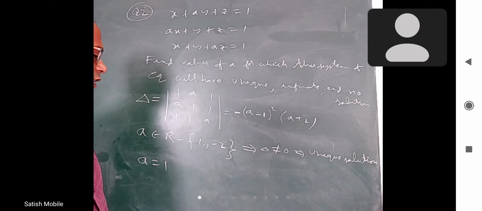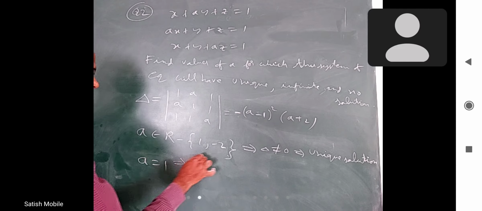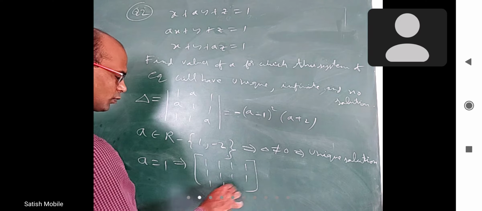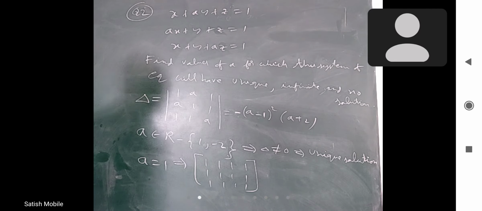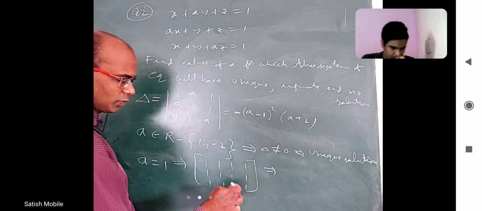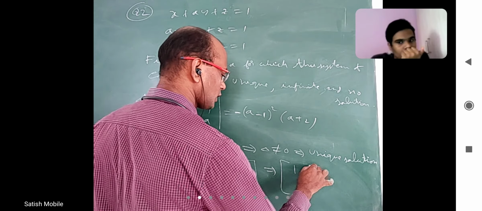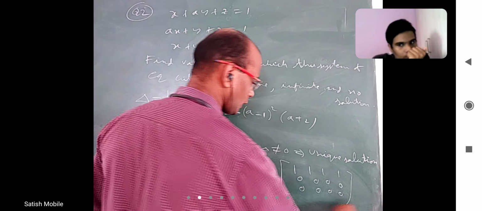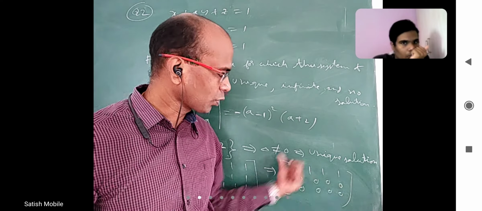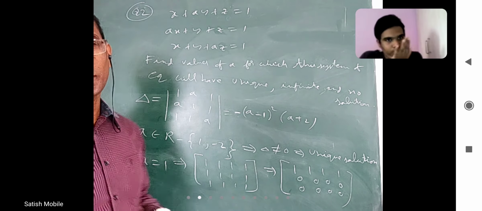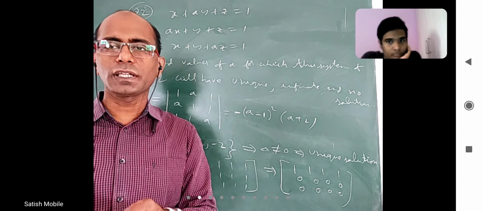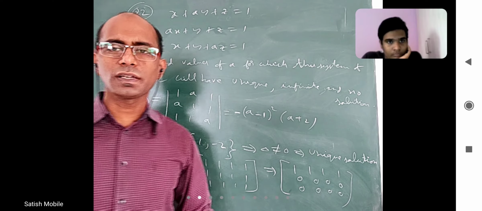Not only delta, delta 1, delta 2, delta 3, all are 0 here. Not only about that, when a equal to 1, you know what the augmented matrix will be? 1, 1, 1, 1, 1, 1, 1, 1, 1, 1. All are the same, right? Now, from the second row I can remove the first row, from the third row I can remove the first row. I'll get 1, 1, 1, 1, and 0, 0, 0, 0 here also. This rank is 1 and the total rank is also 1, and both ranks are equal. That is infinite solution. When the 3 by 3 matrix and the full 3 by 4 matrix have the same rank but not 3, that is 2 or 1 or 0, I said it is infinite solution, right?